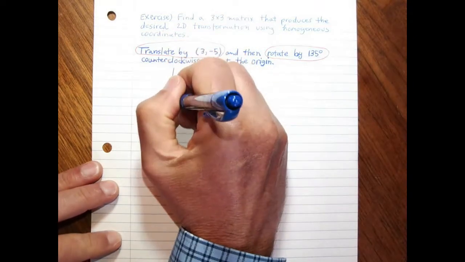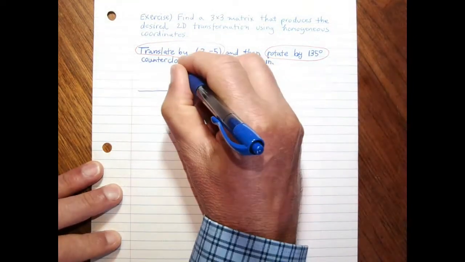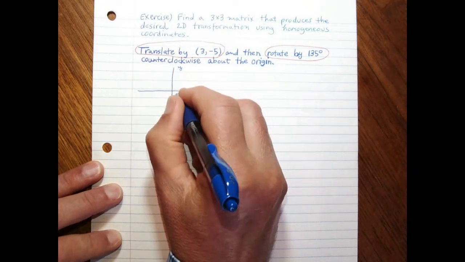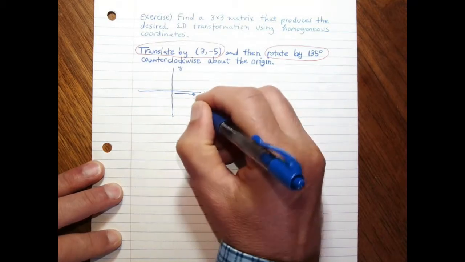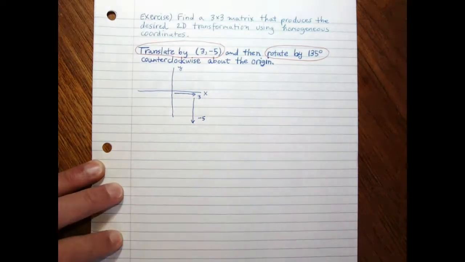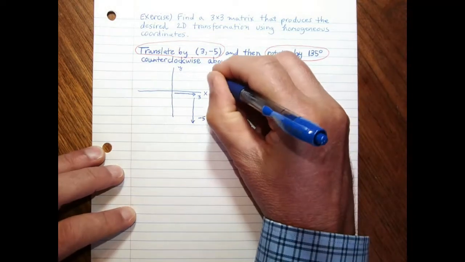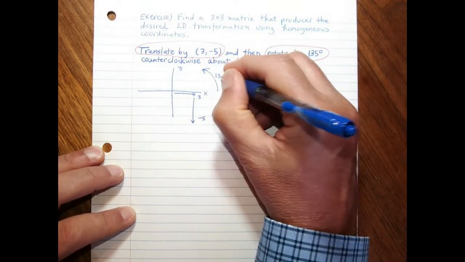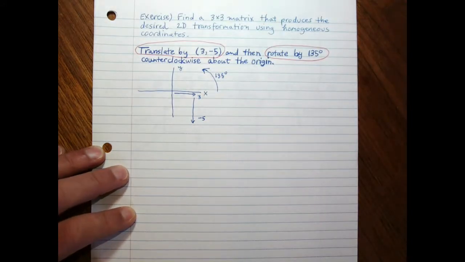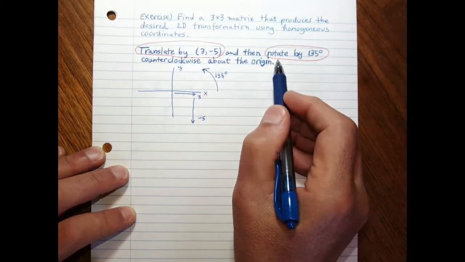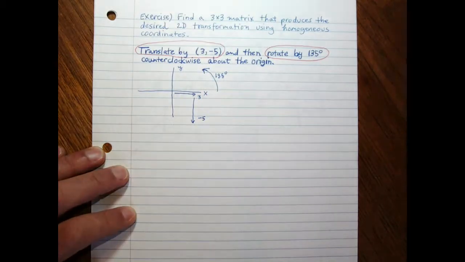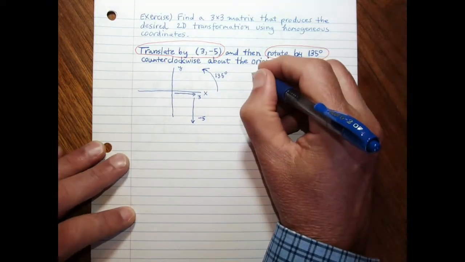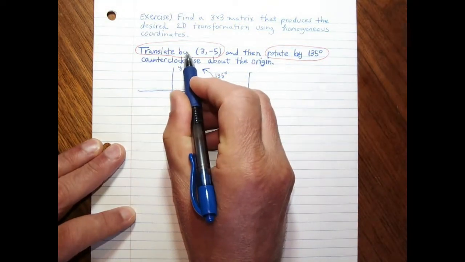So here we're dealing with our 2, and we want to translate by 3, -5. That means we're going to shift 3 units to the right and down -5 units. After that, we're going to rotate about the origin 135 degrees. Because we have two aspects to this transformation, we can deal with them separately, and then we're going to multiply the two matrices that we obtain for each one of those to give us the matrix for the composition of these two transformations. So for the translation portion, we need to introduce homogeneous coordinates because we want to move 0,